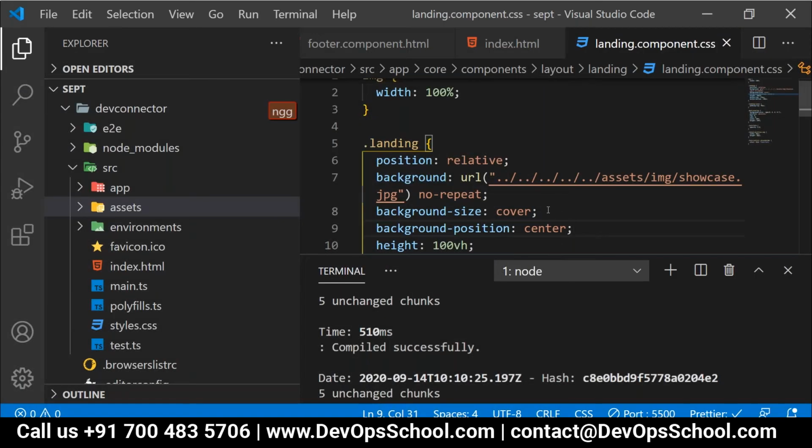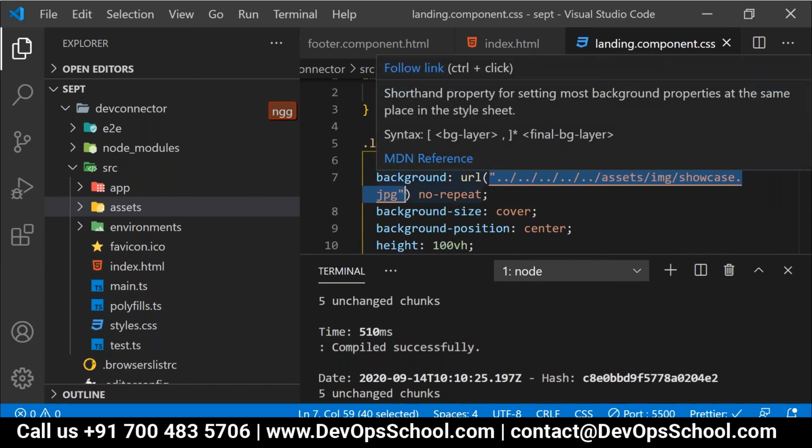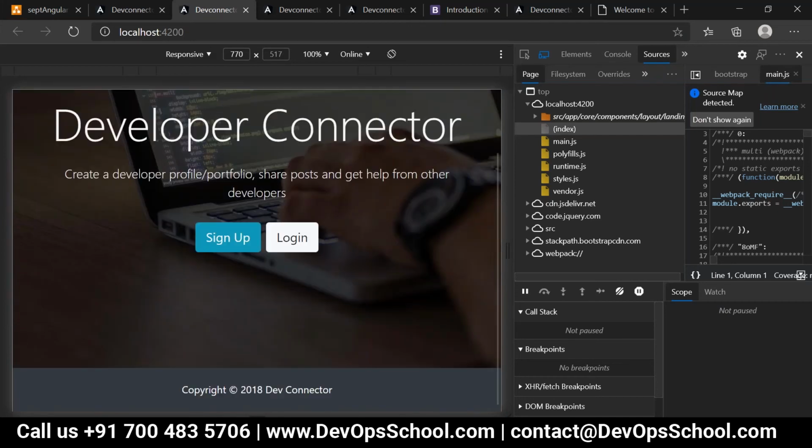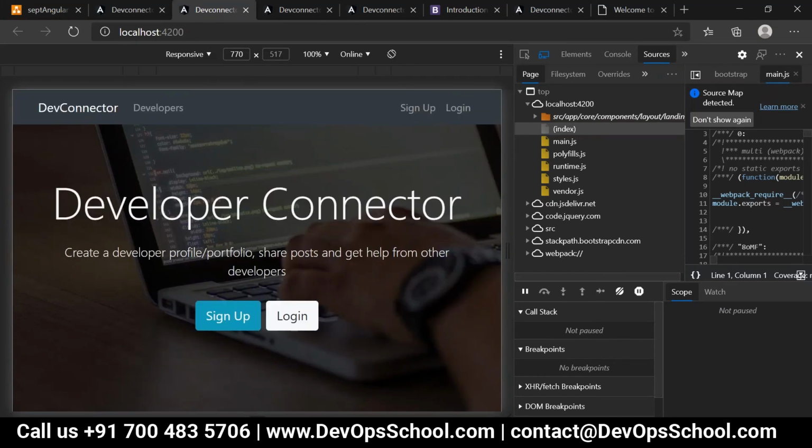People, the most important thing here is, did you get how to provide the path or not? Yes. Right now it looks as per our expectation. Now we are not able to find any difference between our Angular homepage and the actual landing.html, correct? So we set it properly, right everyone?